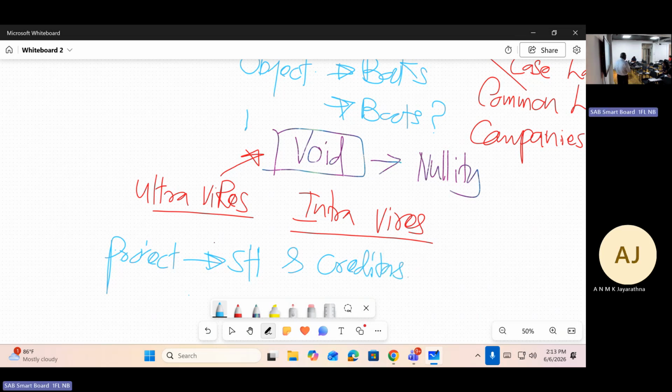In order to protect the shareholders and creditors, this concept is introduced. Why? Suppose a prospective shareholder, before investing in the shares, must consider the objects